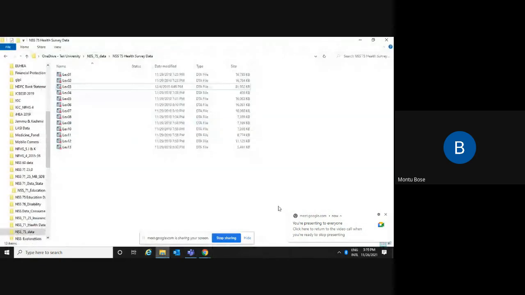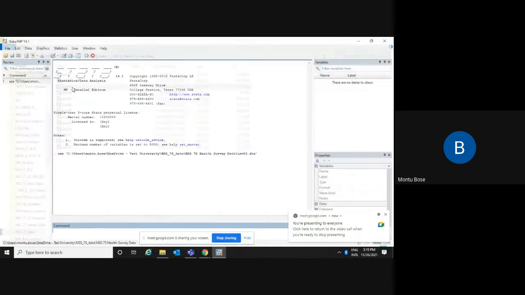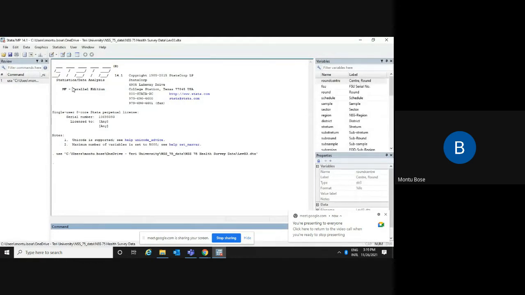Suppose I already have data like this, and I'm opening the individual level record. As I have already presented, in the individual level record the household ID would be repetitive, but the individual record would be unique. And this is the household level record. I'm increasing the size of the font.